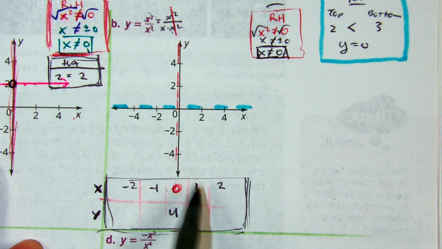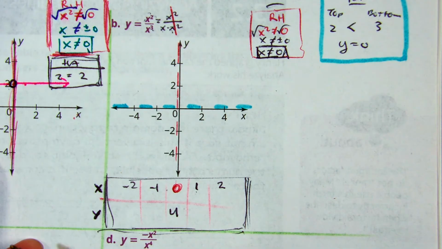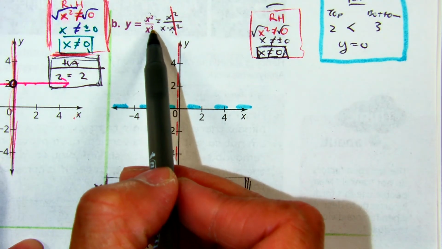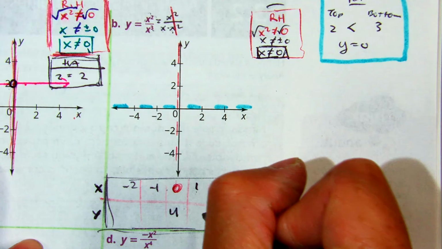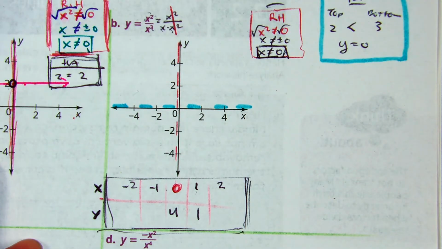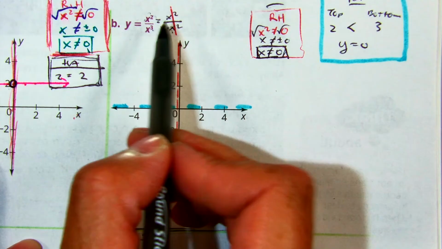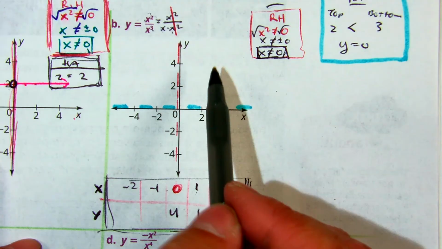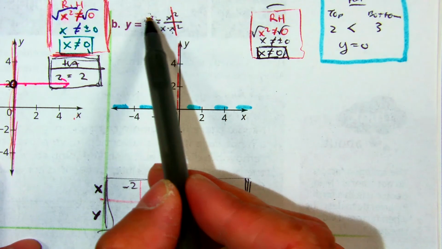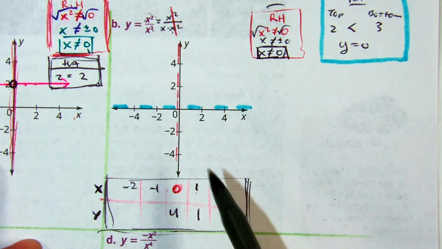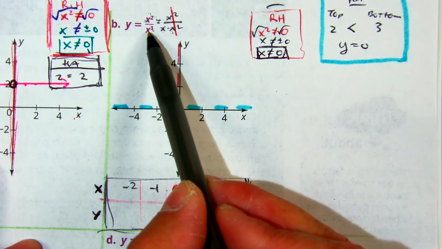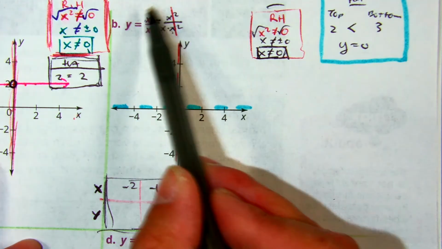1. Class, what's 1 squared? 1 cubed? 1 divided by 1 is 1. 2. 2 squared? Class, what's 2 squared? 4. And 2 to the third power. 2 times 2 times 2 is 8. So 4 divided by 8 is